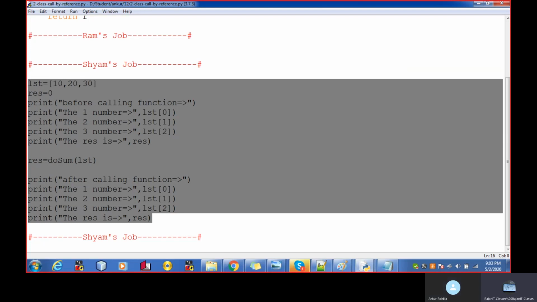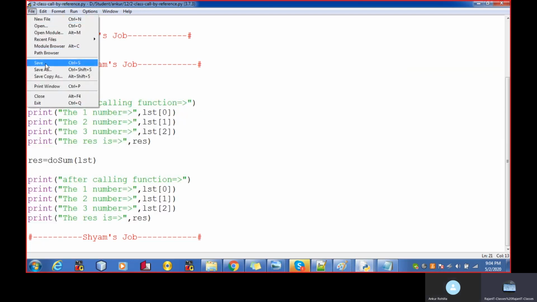Okay. So what we discussed so far are two types of concepts. One is call by value. Second is call by reference. Your normal variable implements the call by value concept, and your array variable implements the call by reference concept. In call by value, the changes happened with the original parameters are not reflected back to the calling function. But in the case of call by reference, the changes happened with the original parameters are reflected back to the calling function. Right? Yes, sir.